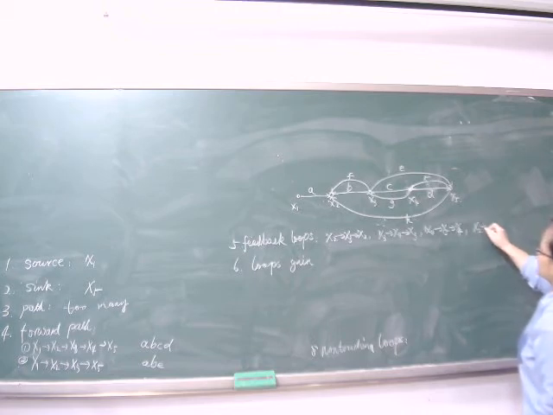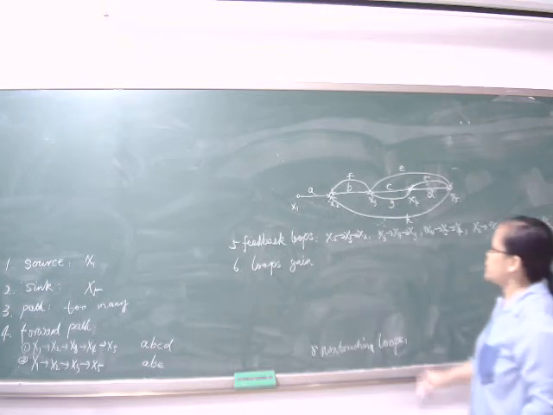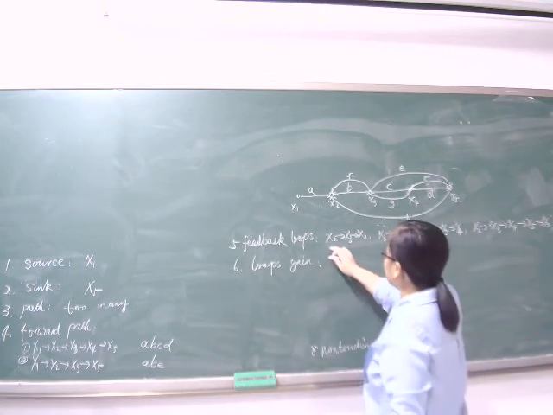X2, X3, X4, X5, and X2. And the fifth loop is X2, X3, X5, X2. The loop gains, we can see here, for these loops,